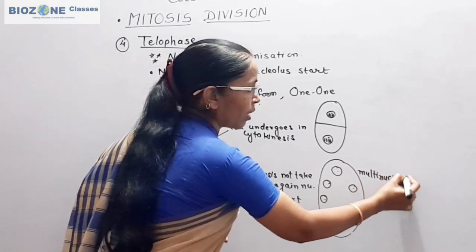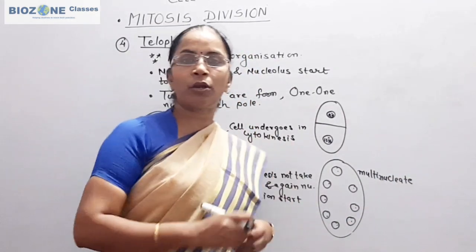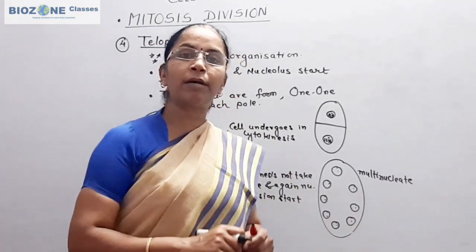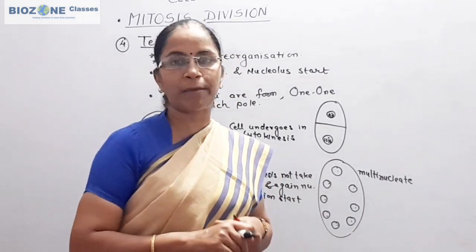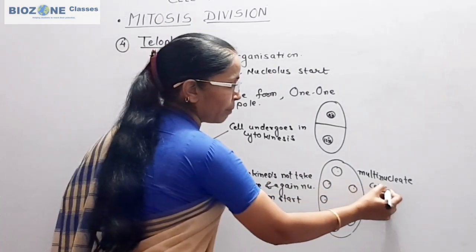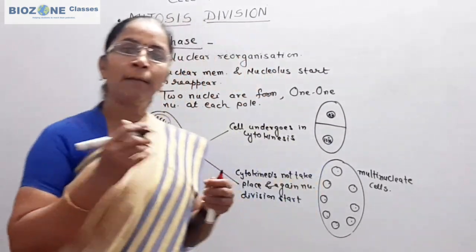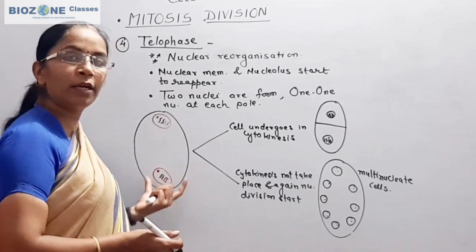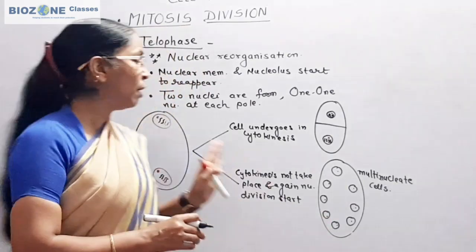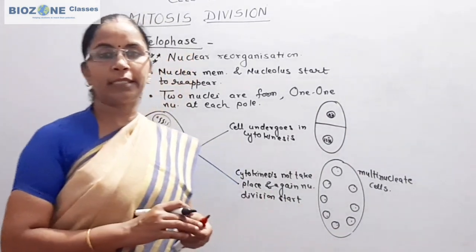Multinucleate cells are commonly called syncytial in case of animals. When we study locomotion and the structure of muscle fiber, at that time we study that the muscle fiber or sarcoplasm of the muscle fiber is multinucleate or syncytial. So this is the multinucleate cell. So remember how a multinucleate cell is formed. Multinucleate cells are formed when nuclear division or karyokinesis is not followed by cell wall formation or cytokinesis. But when it is followed by cytokinesis, then monokaryotic or uninucleate cells are formed.